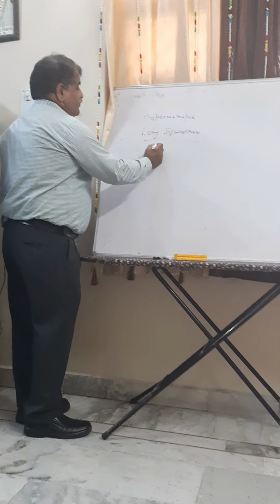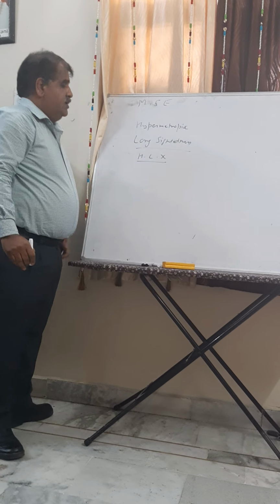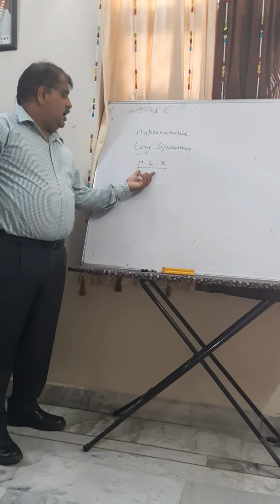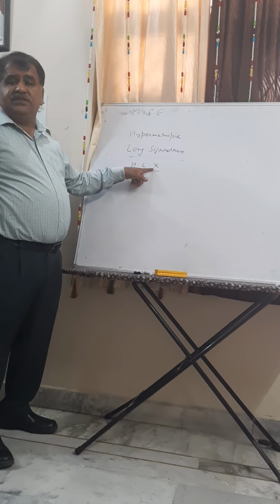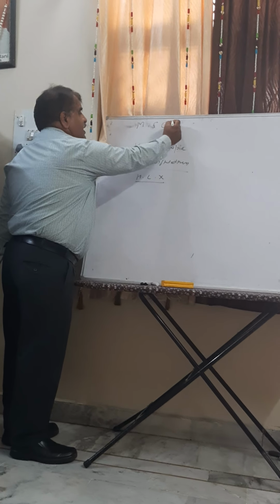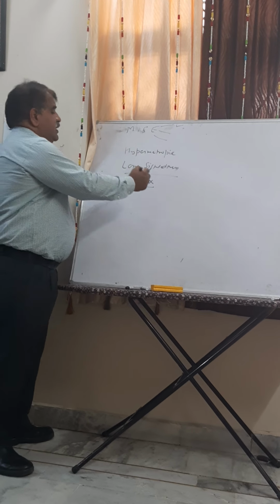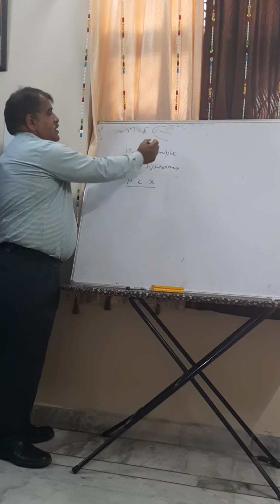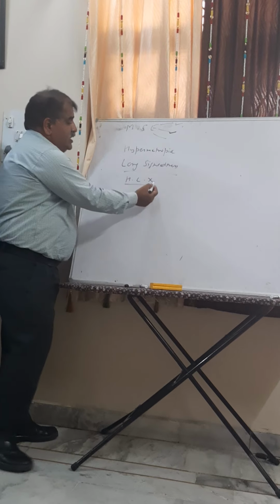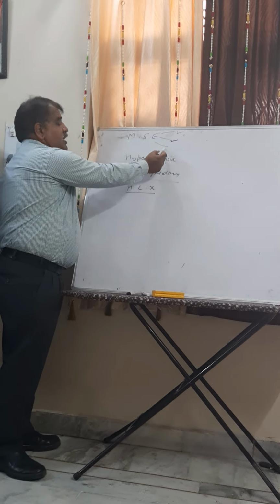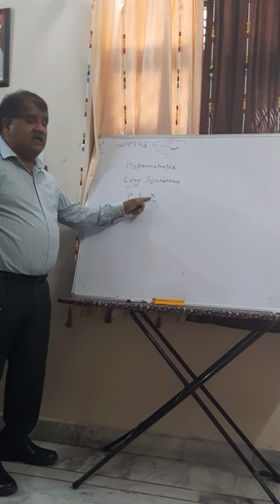Now we'll understand with the help of three words, HLX. In myopia, what three words did I tell you? MSC. HL stands for hypermetropia or long sightedness, whose meaning I explained to you. X has three meanings, just as in myopia we had three meanings for E: increase in converging power, here decrease in converging power; in myopia increase in size of eyeball, here decrease in size of eyeball; there we used concave lens for correction, here we'll use convex lens.